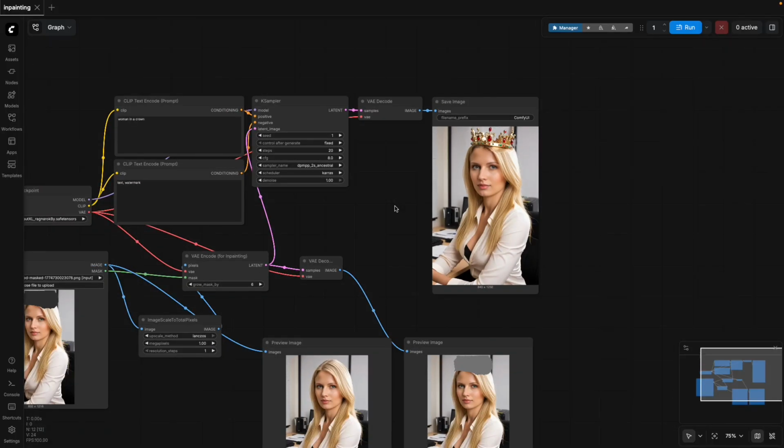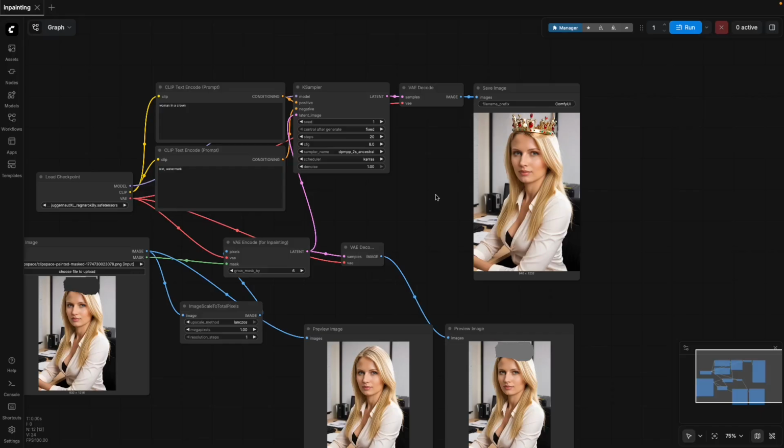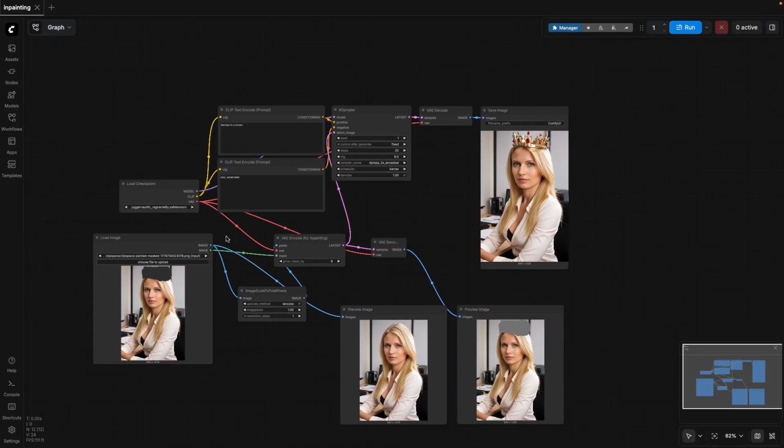And I am doing this on just a 16 gigabyte Macintosh, so it'll run on just about any system. And you can use it with just about any checkpoint you want. So it's a really cool thing to be able to add into your workflows as you're experimenting with ComfyUI. So let's dive right in and see how it works and why it works and how we can do it